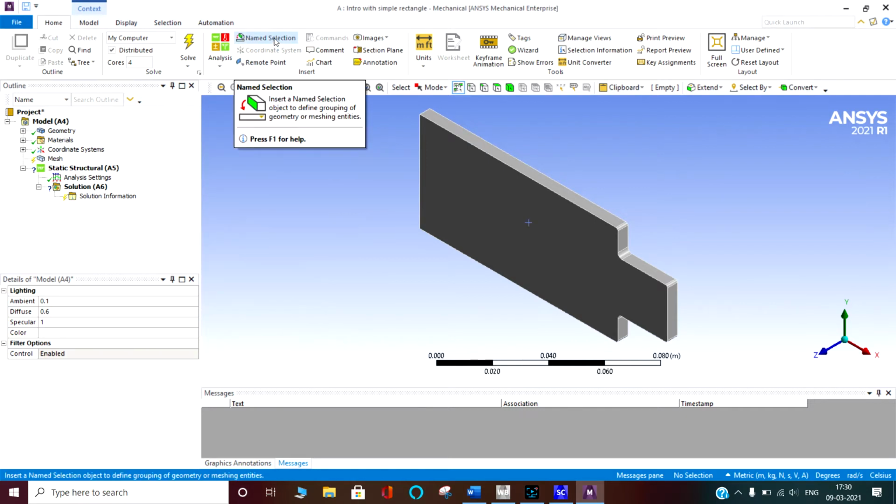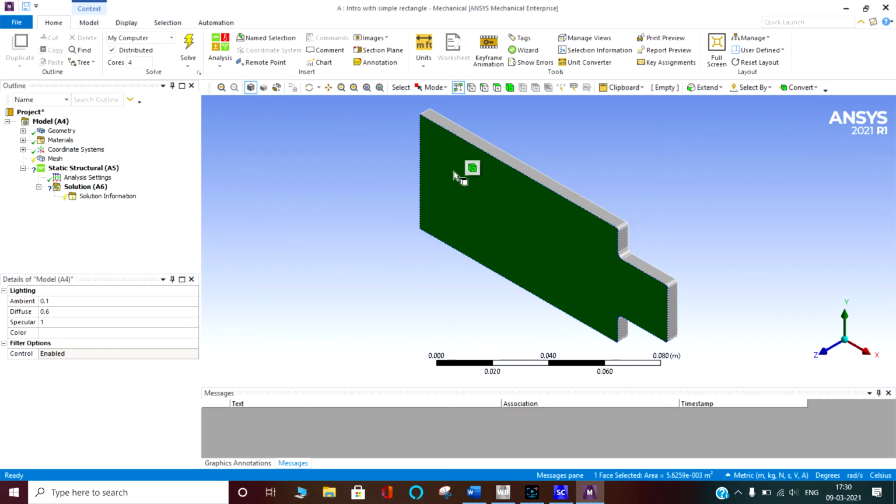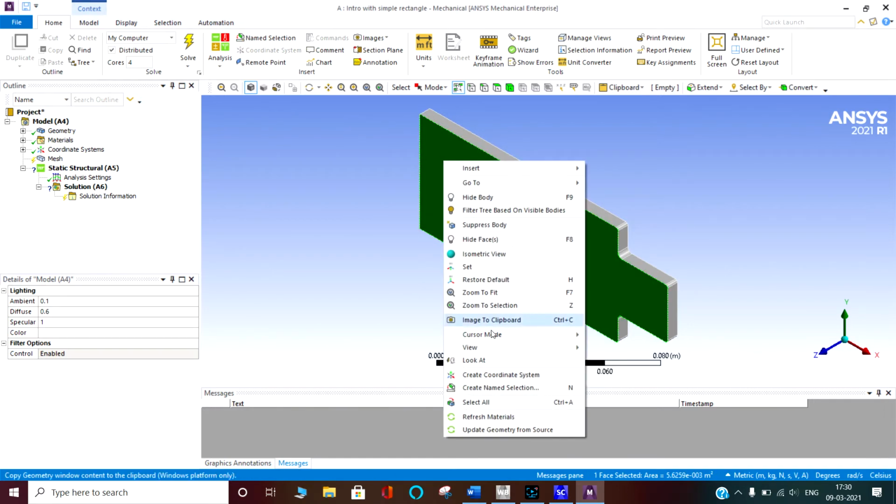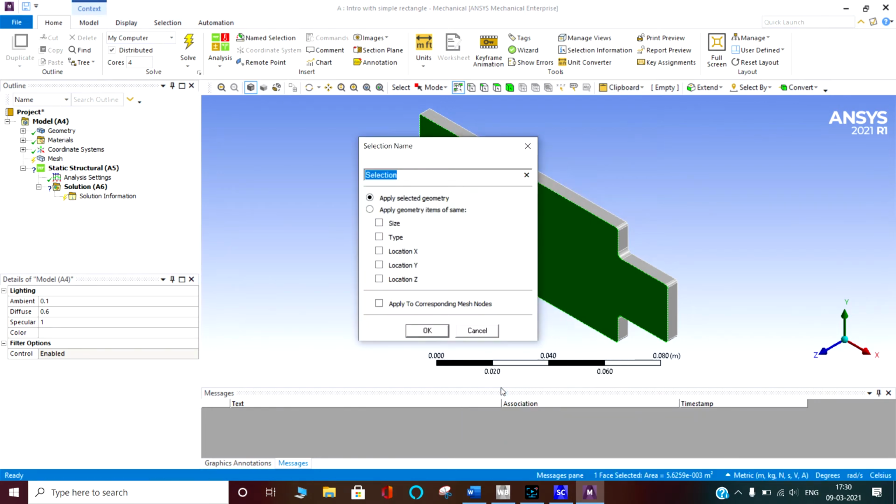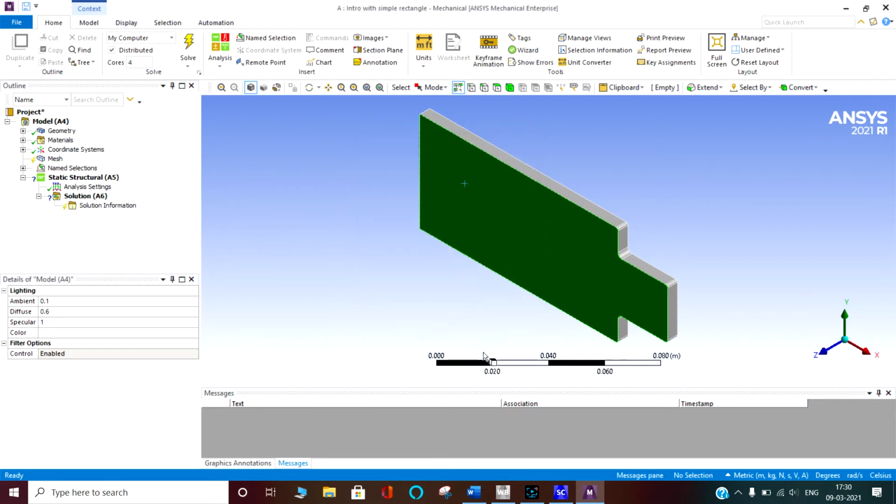Name selection: here we can select any surface, right click and say Create Name Selection, top surface. Why are we creating the name selection? What do we mean by name selection? We are giving a name to that surface so that we can use it for our further analysis.